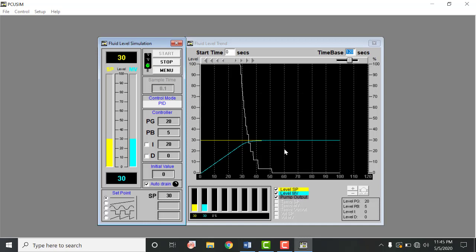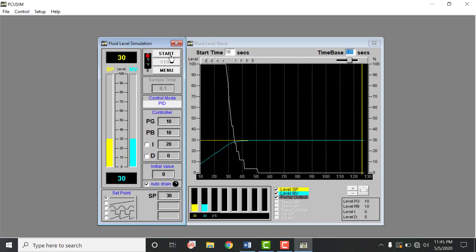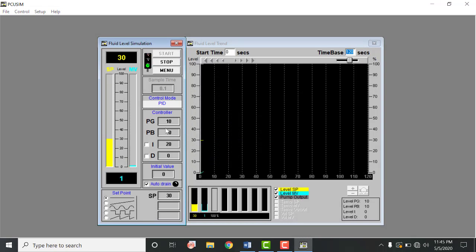Now you must know that in the proportional limit we cannot handle inverse values, because this is the difference of two values. So 30 minus 25 is 5, or 30 minus 20 is 10. So let's change this value from 5 to 10 and see what would happen. Now start the simulation again. Now it will start the deviation from that linear acceleration from 20.